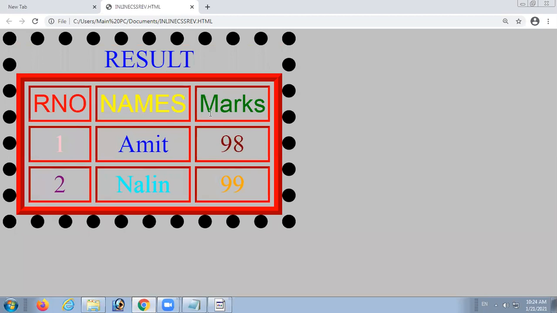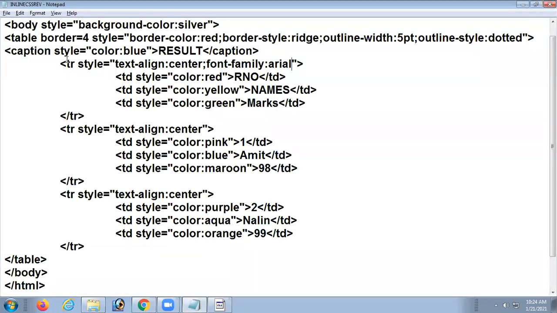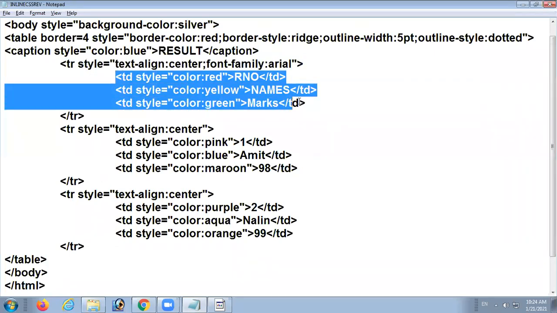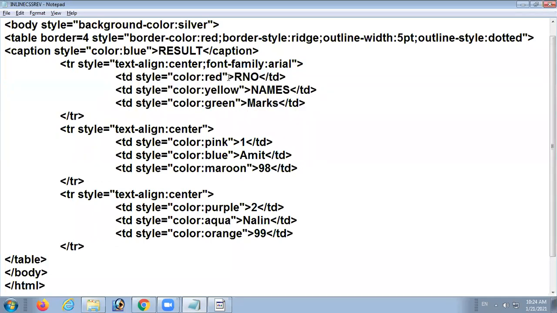So here also the same thing applies which applies in the case of HTML. The properties applied inside the TR will be applied to the entire row, and individually also you can format. You can do individual formatting also. For example, you want roll number as bold. Font weight bold. Again here I am giving font weight bold.